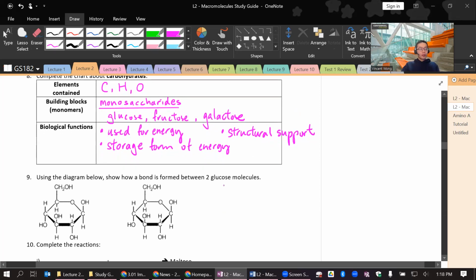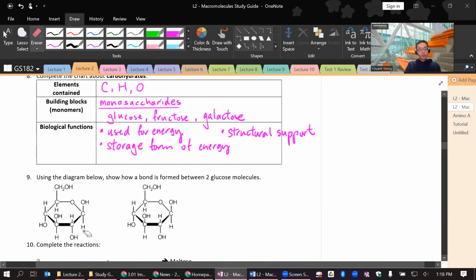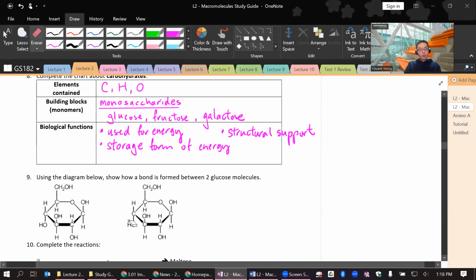Okay, using the diagram below, show how a bond is formed between 2 glucose molecules. So we have a glucose molecule here, right? That's what the hexagon is, like in our diagram earlier. I would never ask you to identify these things or ask you to draw them, okay? But if you try to combine this glucose with this glucose,